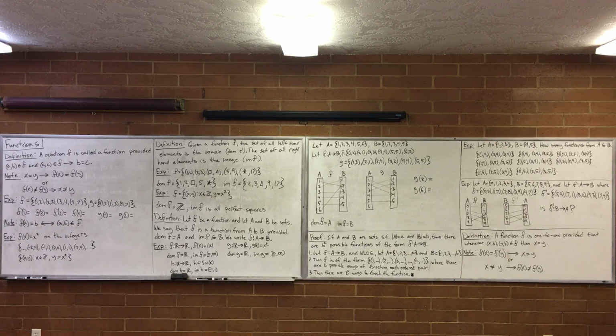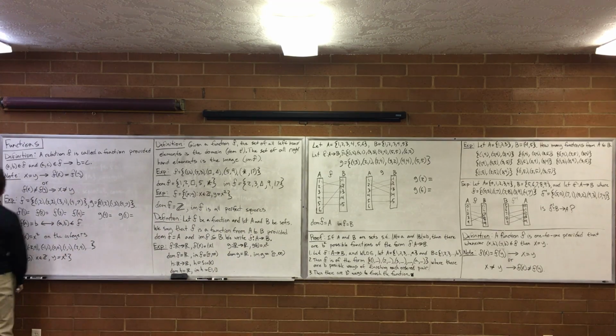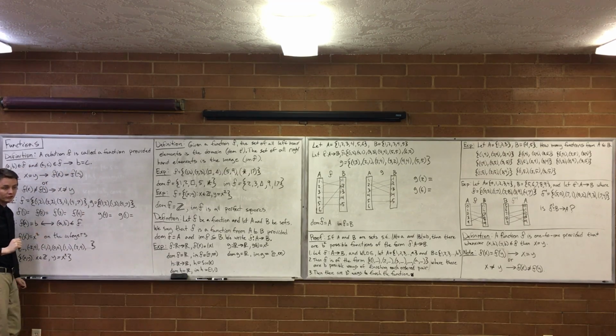So now let's give a real definition of what a function is instead of just this intuition. A function is a special type of relation. You remember what a relation is? A set of ordered pairs, perfect. So a relation F is called a function provided that if (a, b) is in F and (a, c) is in F, then b is equal to c. In other words, if a maps to one thing and a maps to another thing, those things had better really be the same thing or it's not a function. That's the definition your book uses.